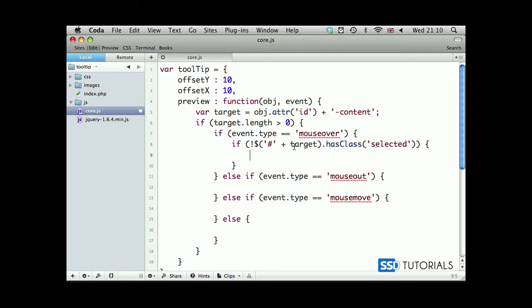So once it's got class selected, we know that obviously the trigger, the target, our tooltip is visible, and whatever we do with our mouse, we want this specific tooltip to be visible. So we obviously don't want to do anything with this when the mouse over event occurs when our target has selected class assigned to it. So if it hasn't, though, we're going for our target